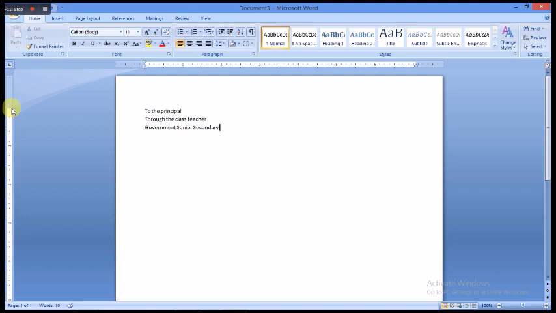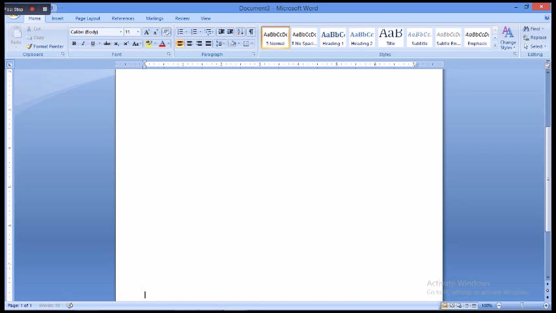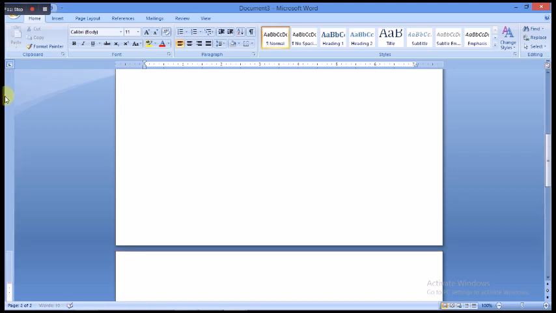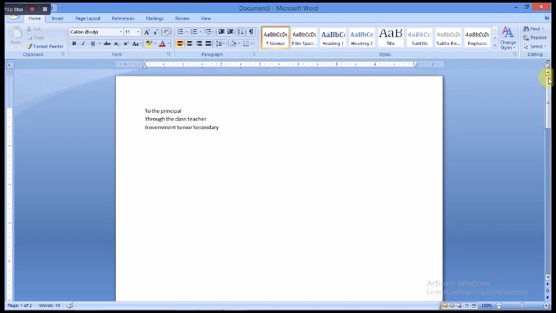Now, not only on the top of the document, we can also indent our document from the bottom margin, where we want to stop our page. So we can arrange our document as per our use by using this ruler option, or the indent of our document, from where we want to start our document. Now you can see out here indent and spacing, indent in left and right.